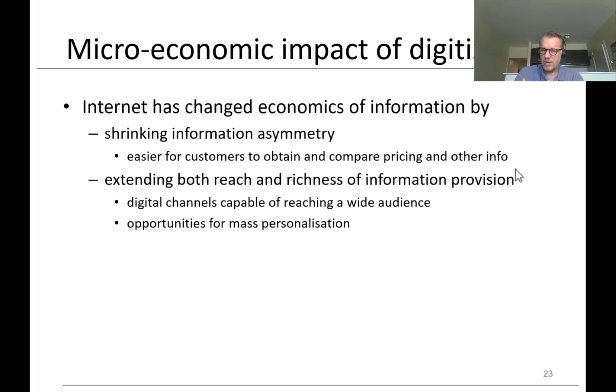Now, because of the shrinking of information asymmetry, it's easier for customers to compare and obtain pricing info. And there are actually websites that do that for us. For example, if you want to apply for a mortgage nowadays, there are websites that will ask what amount you want to borrow, what the duration of the loan is, for what purpose, and so on. And it's going to look for the cheapest mortgage for you because of the shrinking of information asymmetry. So this allows you to extend both